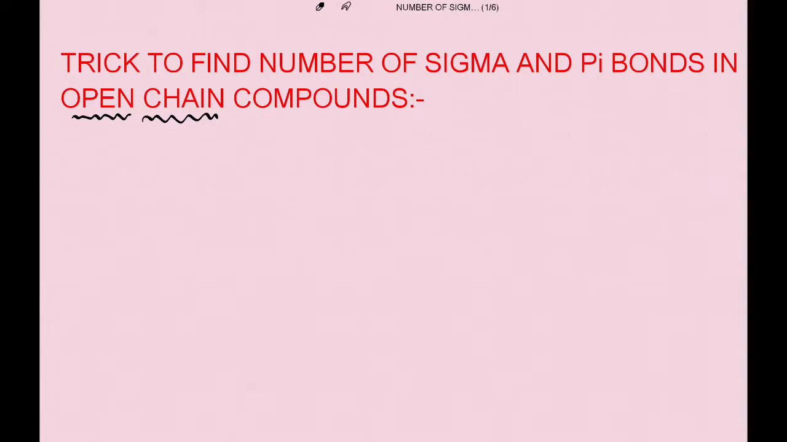To calculate the number of sigma and pi bonds by writing the structure and counting them will take plenty of time in the examination. So to save time in the examination, we will use a small shortcut formula to find the number of sigma and pi bonds. The number of sigma bonds is equal to